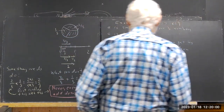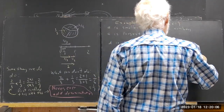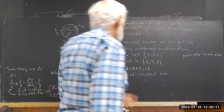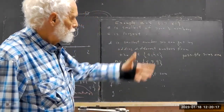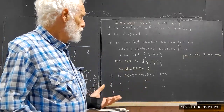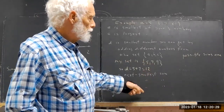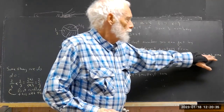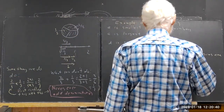Okay, E is the next smallest sum. Well, I could write out possible sums. I might see that the next smallest sum would be the next smallest with the two numbers and so forth. And most people are going to see that, but in solving a mathematics problem, there are different approaches. One approach is to identify it. Another approach, maybe you just don't see that, but I think everybody does. You just write out all possible sums. Okay, in this case. And we would say, okay, well, we got